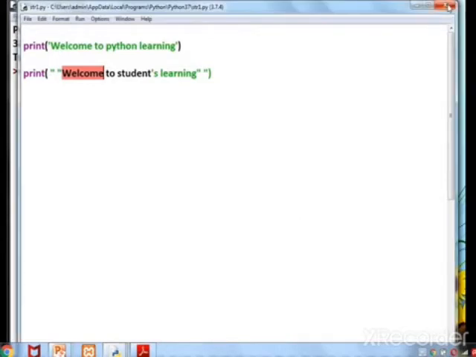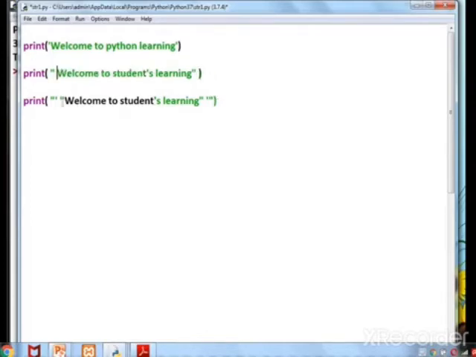So, if a statement is having single quote, able to follow this single quotes, again double quotes because there is a single apostrophe within the statement.